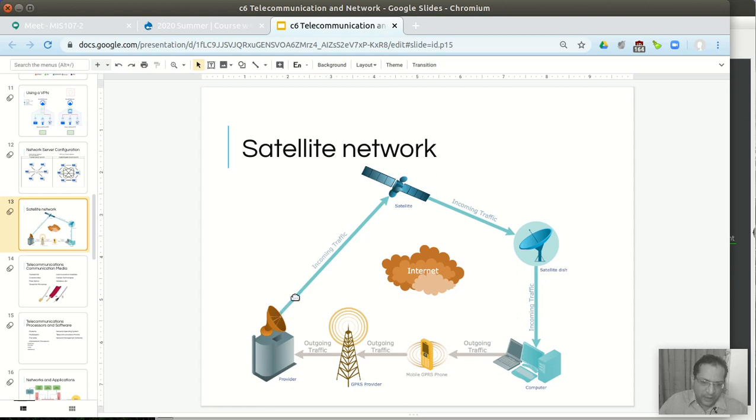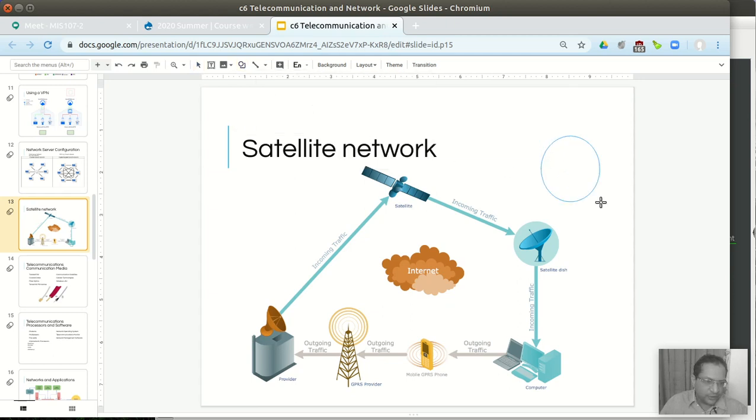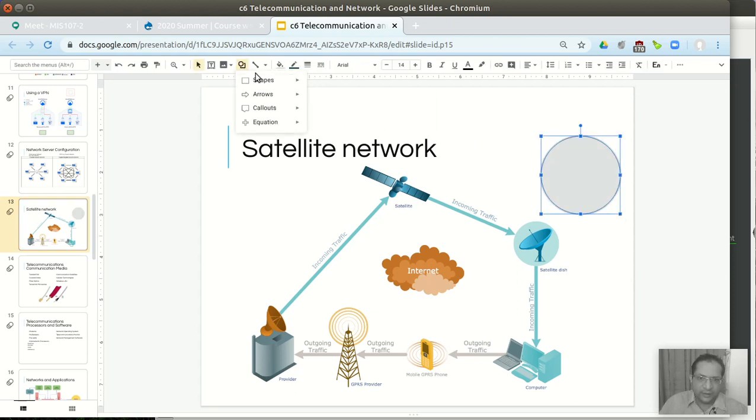So you can think of the satellite as an easy way to relay your message to distant locations. If you consider the earth as a circle, we can have a satellite anywhere around the earth, say over here.